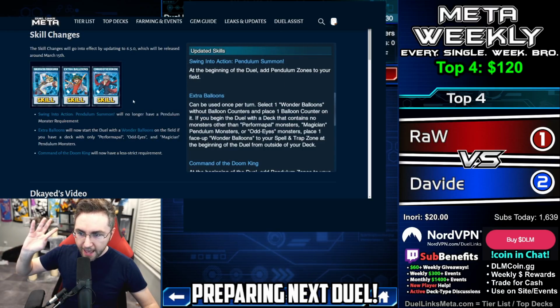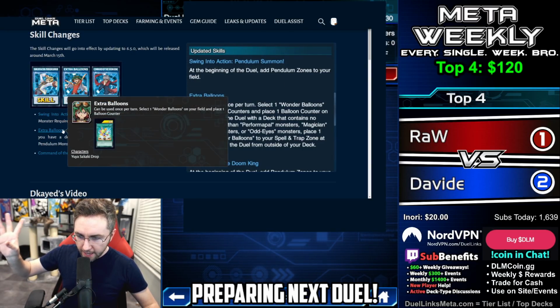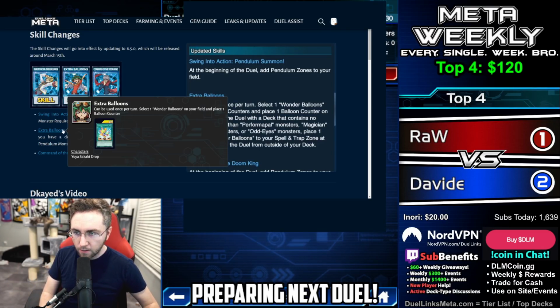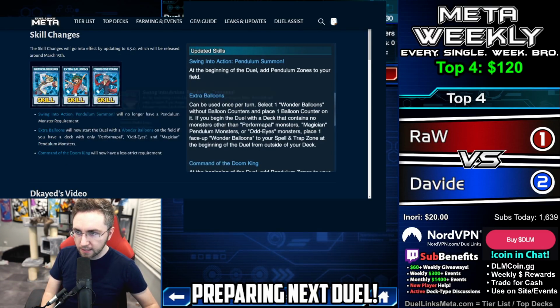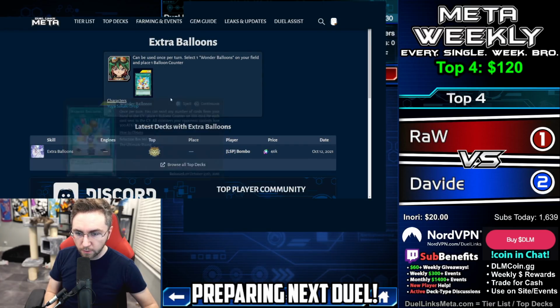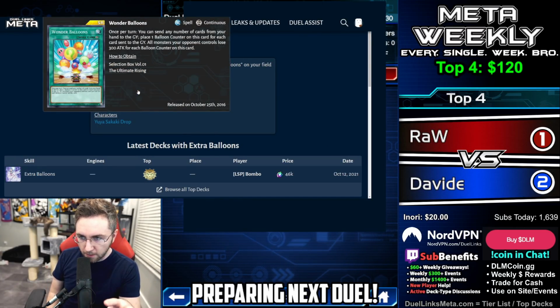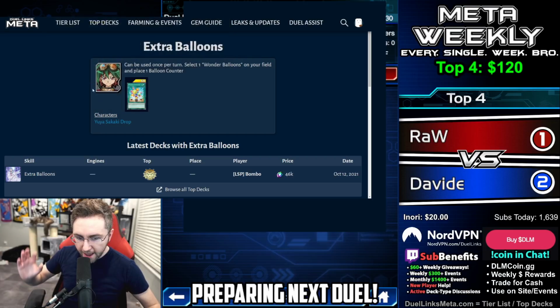Moving on. Extra Balloons. Extra Balloons was a way to select Wonder Balloons on your field and put a balloon counter on it. What the heck does that even mean? Well, let's see what the Extra Balloons skill was doing. Wonder Balloons, per balloon counter, is able to reduce the opponent's field by 300. And back in